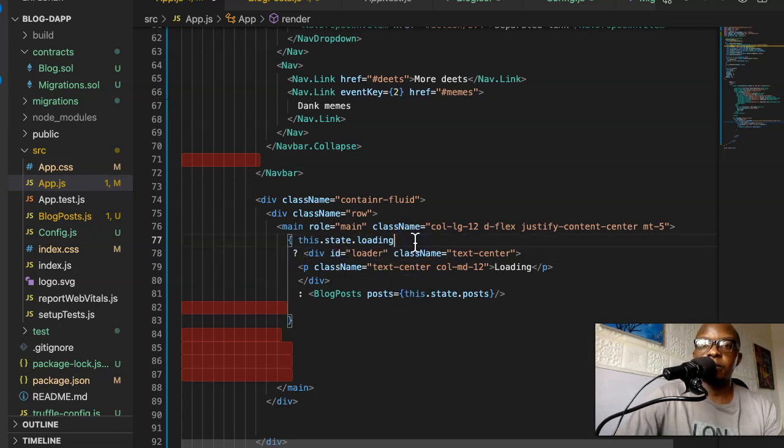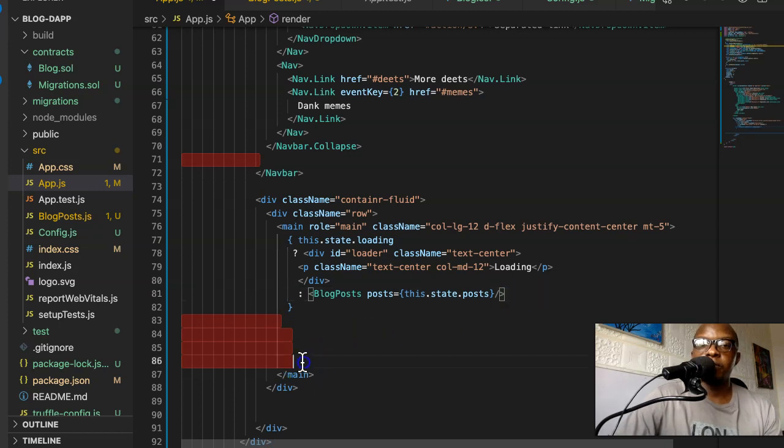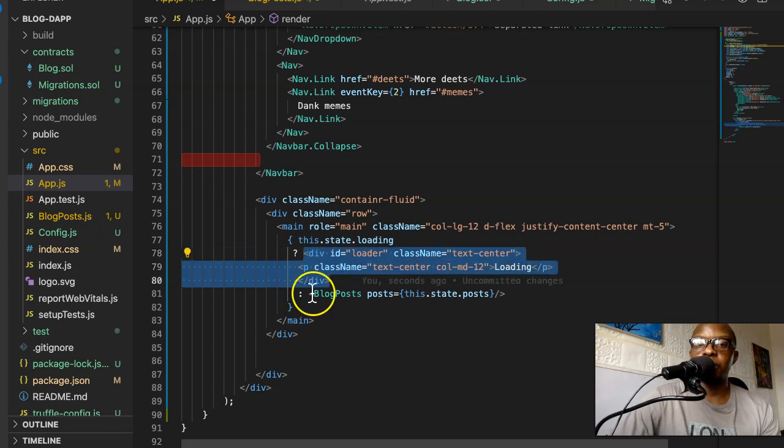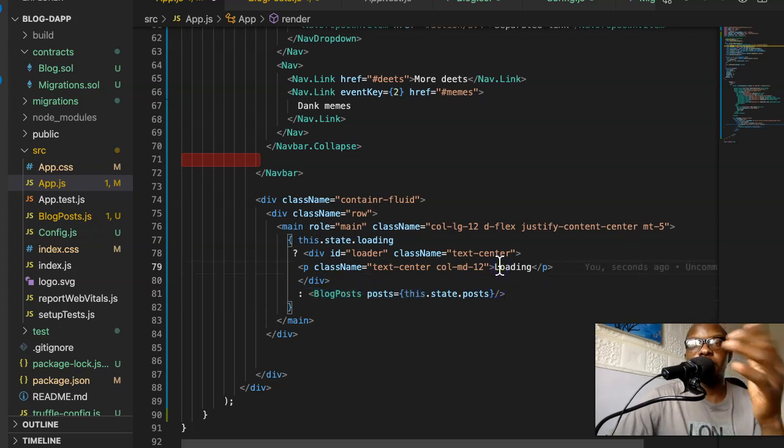Basically what we're saying is this is a ternary operator. If you don't know what a ternary operator is, then you've not been coding JavaScript. Any programmer should know what it is. Basically, this is an if statement. Anything before the question mark, if it is true, then run the code after the question mark. And there's a colon that says run this other one if it is false. So this way, our code displays